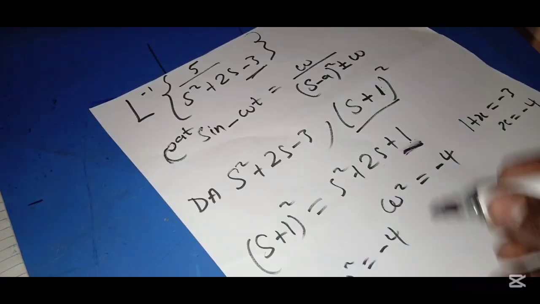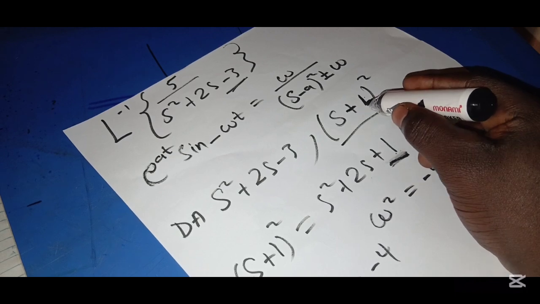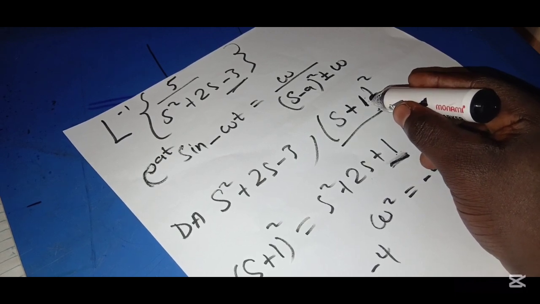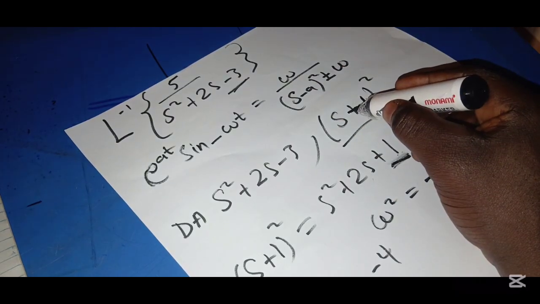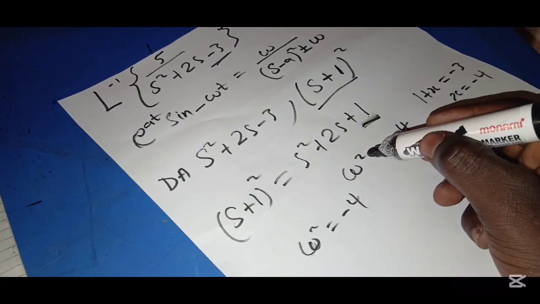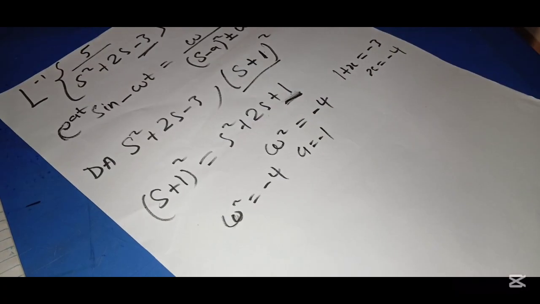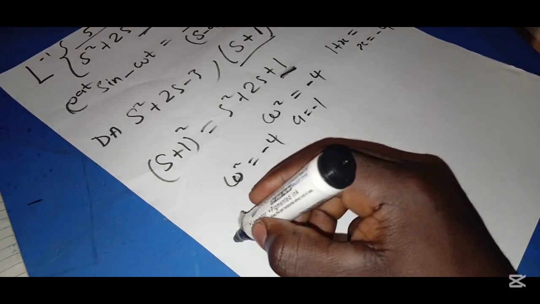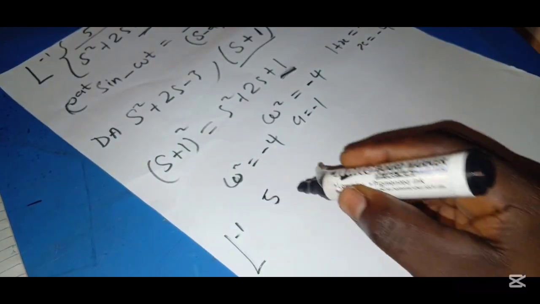And our a from this side, we could see that this side is plus 1. So what's the value for our a? This side was supposed to be minus, right? And here we are getting plus. It means that our a is also minus, right? Good. So it means that the inverse Laplace transform for the problem right there